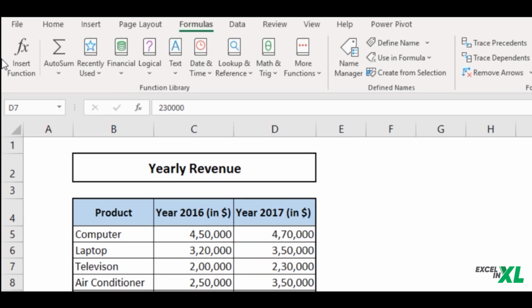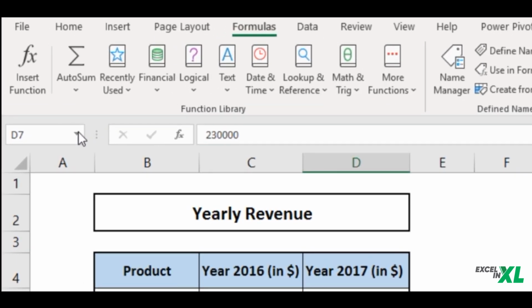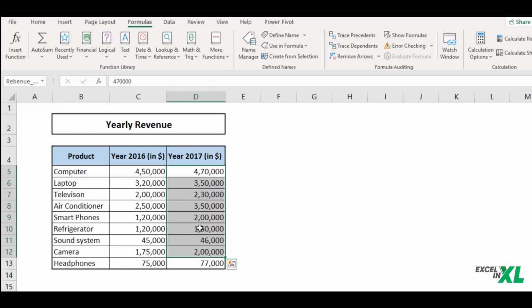When you take a look at the drop down of the name box, you can find that there are two named ranges created. When you take a look at the first named range, you can find that there is a spelling error occurring. So when we click on that particular named range, we will also observe that we have missed to include a particular cell in that range.